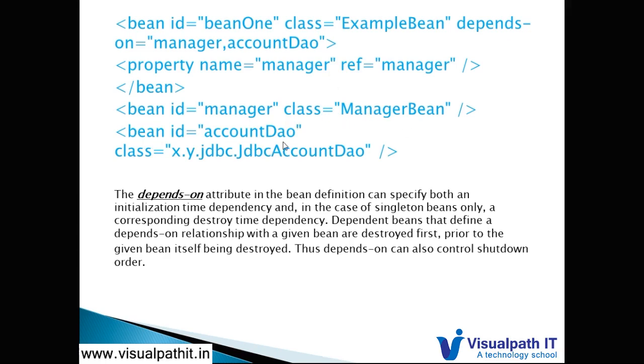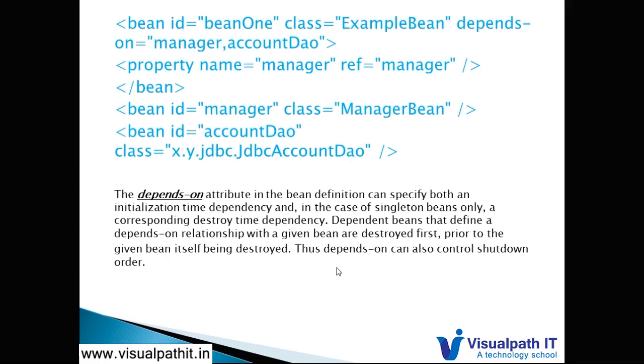Bean id equals accountDao is a bean which has the property. So these two beans, the manager whose class is ManagerBean, and accountDao, refer to the class